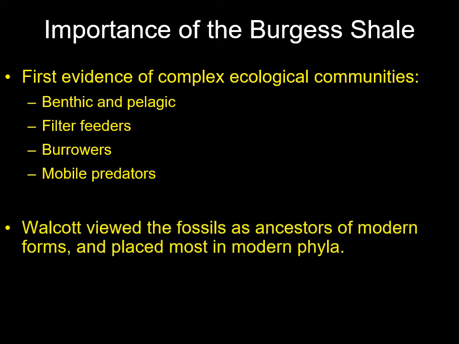Now, when Walcott recognized that we have all of this incredible diversity of life in the Burgess Shale, he went through and tried classifying all of the organisms that we saw in the Burgess Shale into our modern day classifications of animal phyla. So he looked at Anomalocaris and said, it looks like an arthropod, put it in with arthropods. Or Hyolithids, looks like a mollusk, put it in with mollusks. And in some cases, yeah, that makes sense. But there were some other ones that didn't really work, but they kind of got shoved into those proverbial boxes